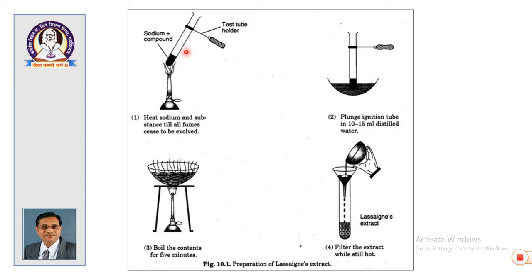The procedure is like this. Initially you heat the sodium metal, then add the compound to the sodium metal. When hot, you drop it in the fusion tube very carefully by covering the evaporating dish. Then you repeat with 2 more tubes. At least 3 fusion tubes are used for this purpose so as to get a concentrated solution. The solution is boiled to concentrate, then it is filtered. This filtrate is called Lassaigne's extract or sodium extract. This extract is used for tests of different elements which are considered in the next slides.